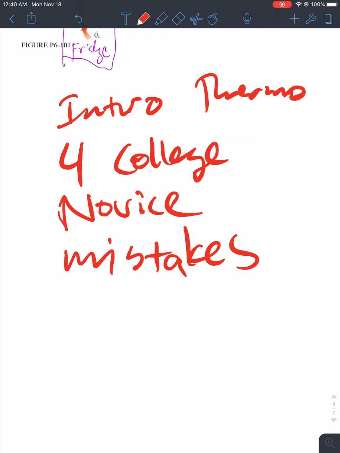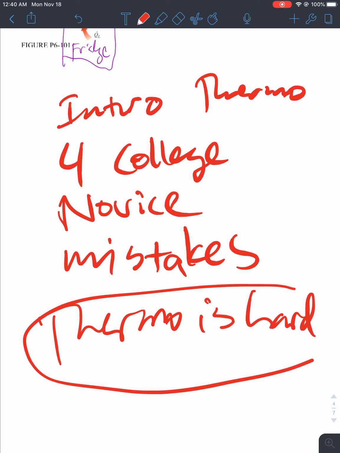So I find thermo is hard. It's so hard, but hard is relative. This is intro thermo, so later it's going to be hard. Anyway,